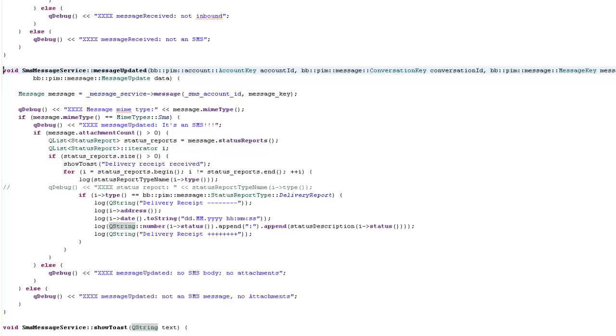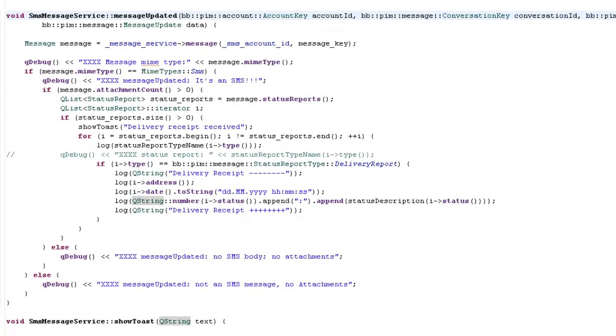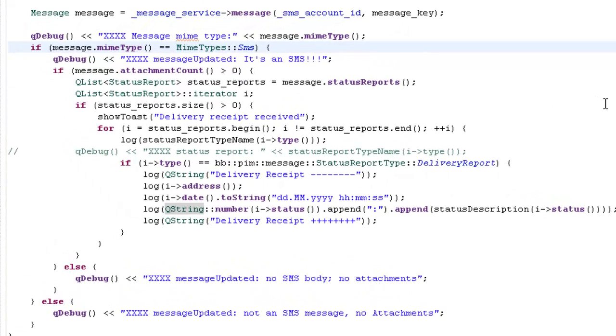Now message updated is connected to the message updated signal. This signal will be emitted whenever something about a message gets changed, and in our case we're interested in delivery receipts, or status reports as they're known in the API. Now when we do receive a delivery receipt, this method will be called as a consequence of the message updated signal being emitted. So to process message updates in the context of delivery receipts, here's what we do. Once again, we check that we do have an SMS, we check that we have attachments,